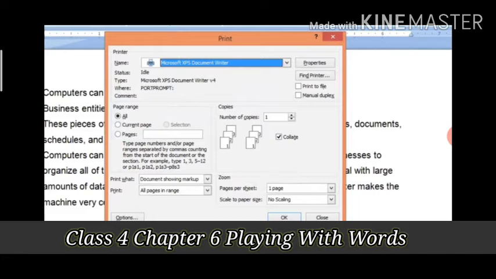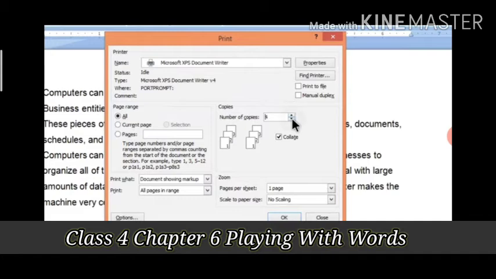I can select the current page option also, that means the page where my cursor is present at present will only get printed, and I can give the page numbers that I want. Let's give 10 to 15,